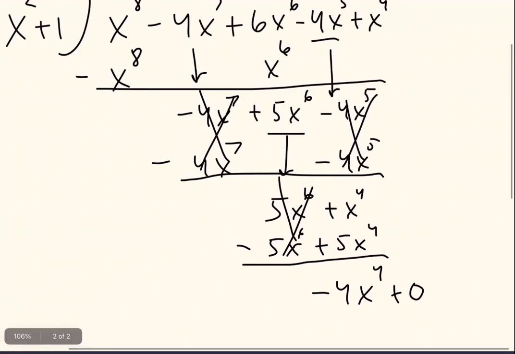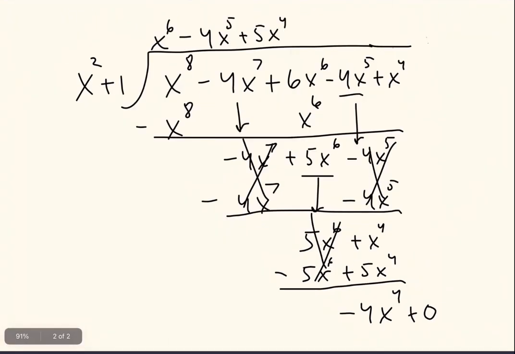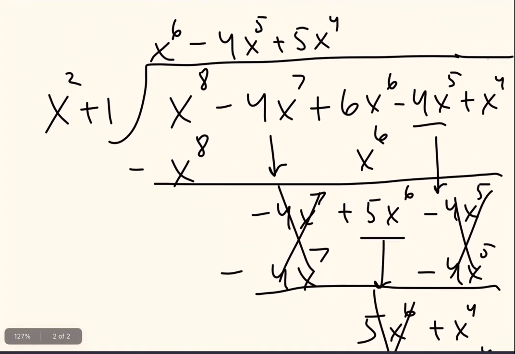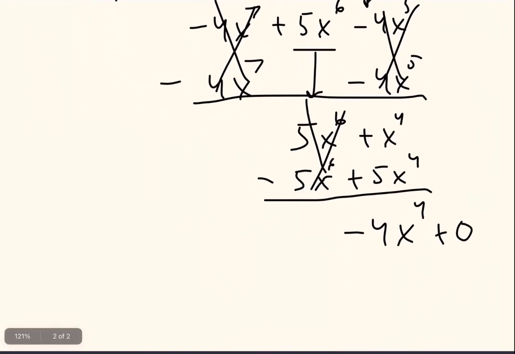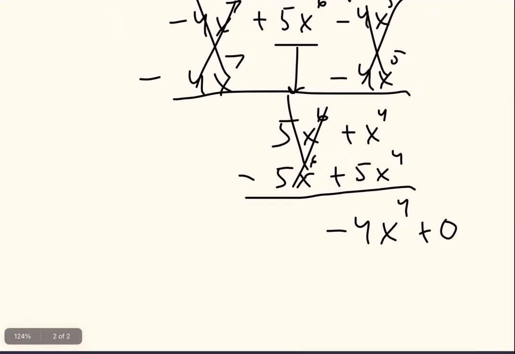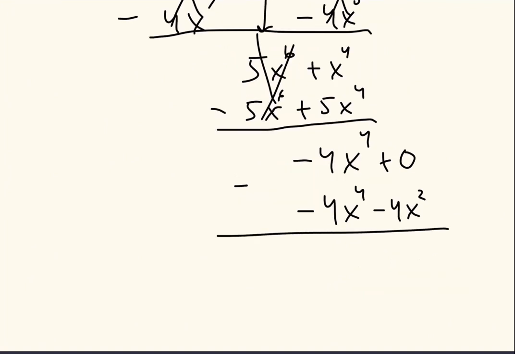And now there's no actual term we bring down, so we just bring down plus 0. And now the next term we can multiply to get negative 4x to the power of 4 is just negative 4x to the power of 2. So once you distribute everything, you should get negative 4x to the power of 4 minus 4x squared. So negative 4x to the power of 4 would get canceled out, and 0 minus negative 4x squared is positive